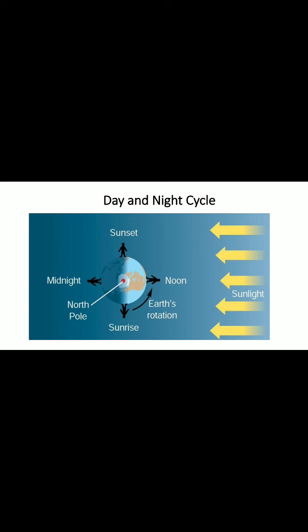The yellow arrows which are coming are the sunlight, right? Here the sun is fixed, but the earth keeps on rotating. When we get up, we have sunrise, which means the rays of the sun are at a slanting angle. But when the earth keeps on rotating and comes exactly in front of the sun, we experience noon. Then it goes away as it keeps on rotating, and we experience sunset. Again it rotates, then we have midnight. And this is how it keeps on going.